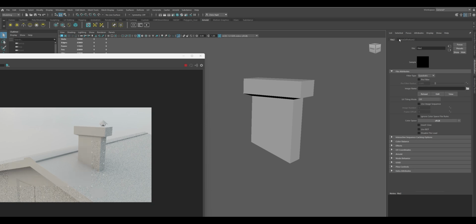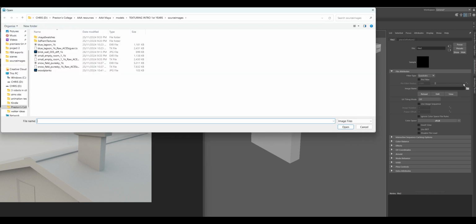I've got file and I've got place 2D texture. So when I go into file, it will come up with a little folder here. I'm going to click on that, and it's going to open up my source images folder, which is why you need to throw them in here to begin with. So that's one that I want. I'm going to click open,